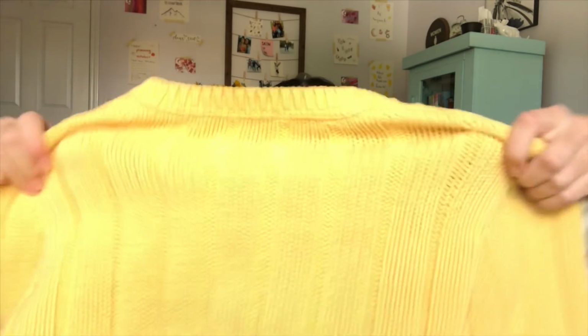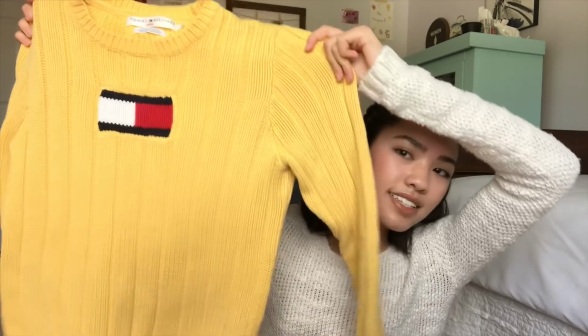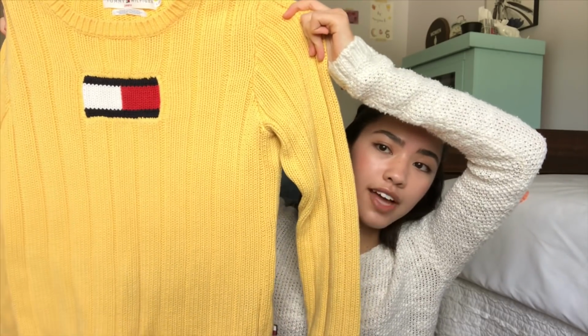But this is from Tommy Hilfiger, and it is vintage and yellow, my favorite color, and knit, and it has the little Tommy flag on the front. Like, this is so cute. I love it. It's super heavy and really thick. It says it's a size large, but it fits me, and I'm typically an extra small. So I don't know if that's just because it's vintage and vintage tends to run smaller, but this was $30,